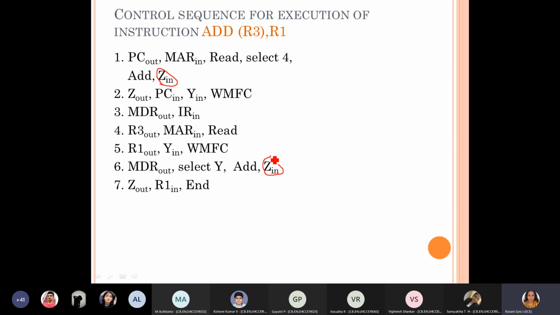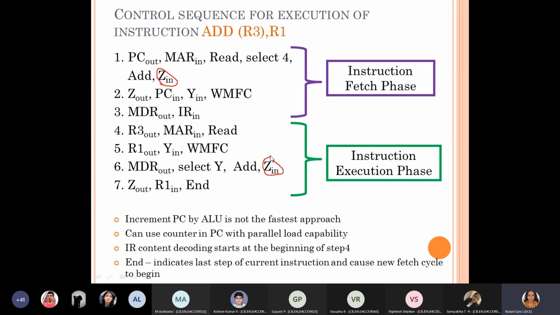That is add from one address in indirect memory location, right? ZN is required. So for add it is required at T1 and at T6, and T1 for all the instructions, because it's just the fetch. For add R3, R1, where it's an indirect memory address, in that case ZN is required at T6.